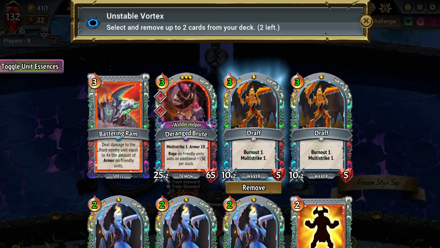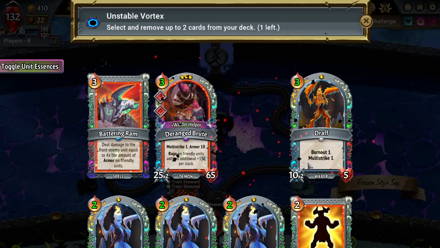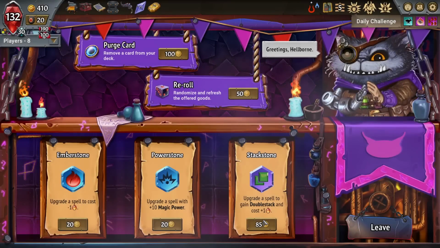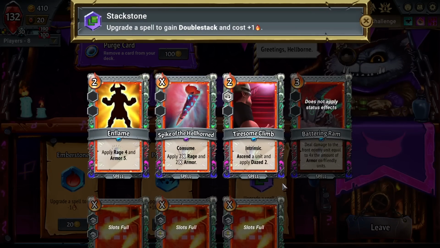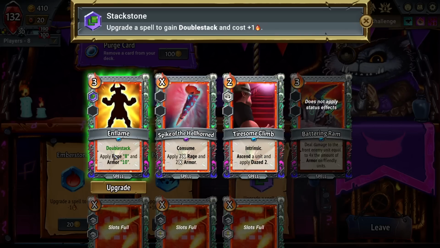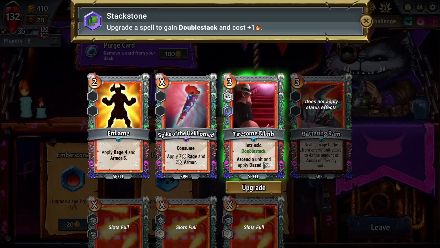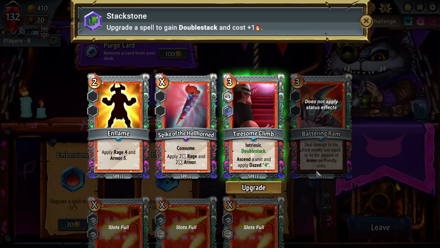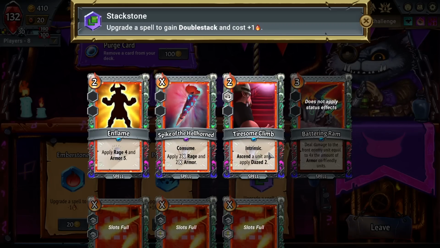I'm going to cut the drafts because they're harder to play, I think, actually. Alright, we cut some stuff. Good. A double stack is great. I'm going to go ahead and double stack the Tiresome Climb here, because I need to make sure the Divinity is doing zeros. This does hurt for actually assembling the squad. If I want to pull a unit up, I could get a...